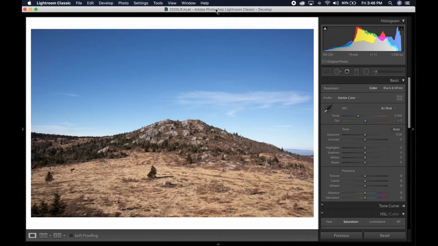The first thing that you want to pay attention to before you really start editing your image is to look at your histogram. The way that I think about a histogram, it's like a map or an overview of how your image was exposed. Now your histogram also exists inside of your camera when you're taking an image,